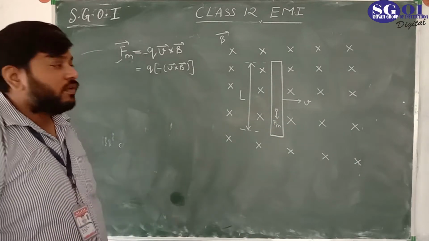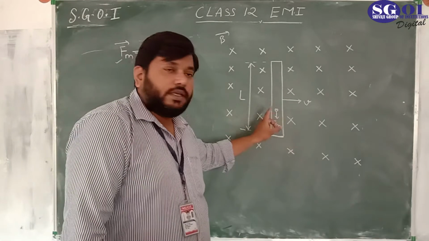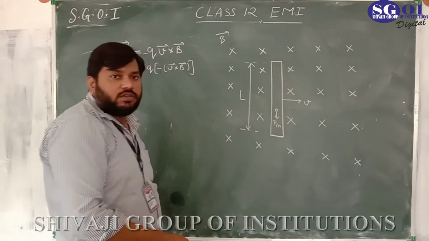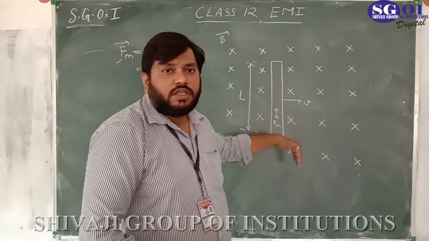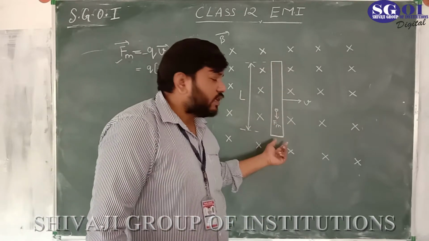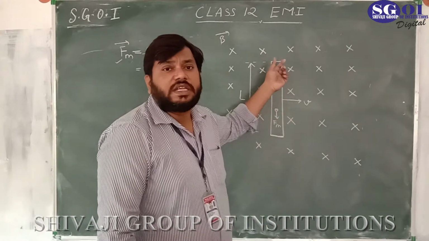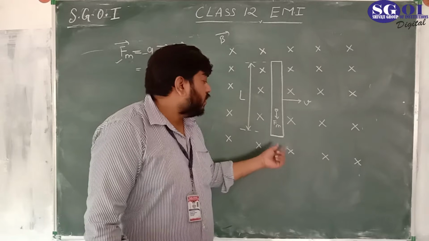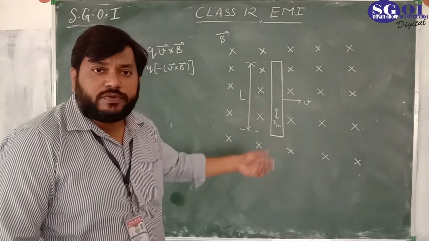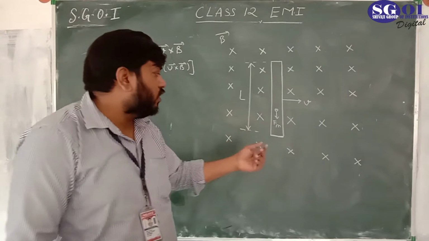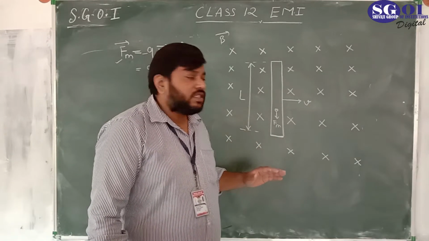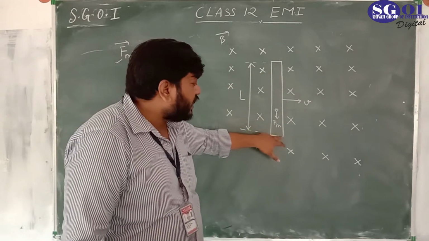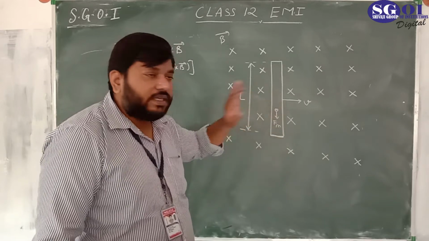F. I think you have cleared this point here. Now, if the force on each electron is downward, what happens inside this metallic piece? All the electrons start tending and accumulating at this end. Why accumulating? Because there is no further conducting path to move the electrons from this end. This is the end point here. So all the electrons will start moving in this direction and finally accumulate at this end.